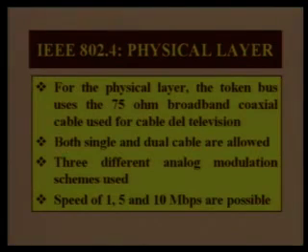Now for the physical layer, the token bus uses 75 ohm broadband coaxial cable, as used for cable television. This is the specification. Both single and dual cable are allowed. Three different analog modulation schemes are used, so different modulation techniques are used. And finally, the speed achieved by the 802.4 system is about 1.45 to 10 Mbps, and today we